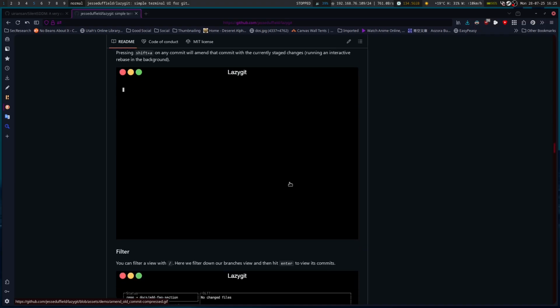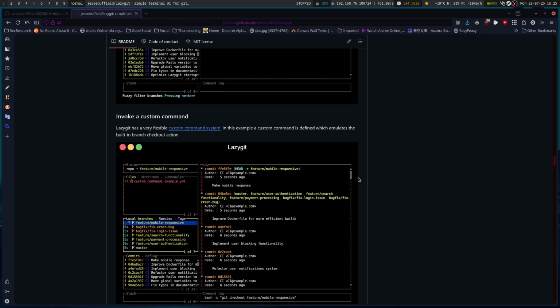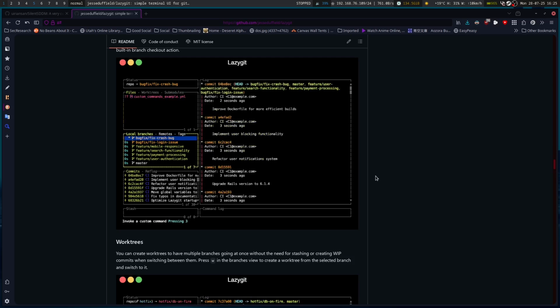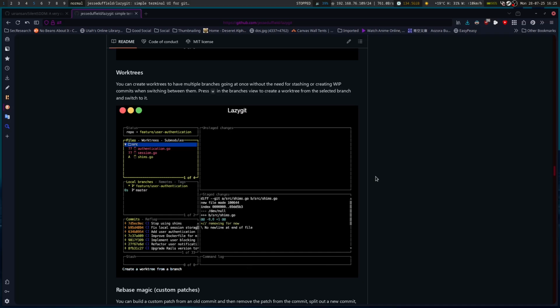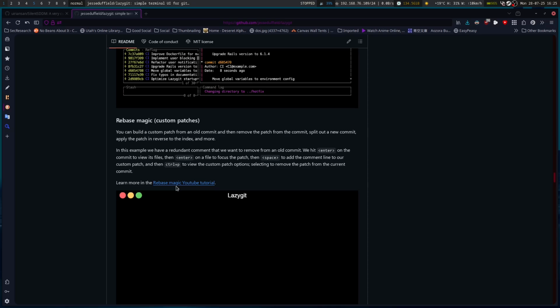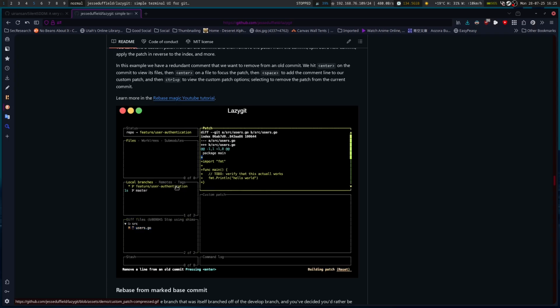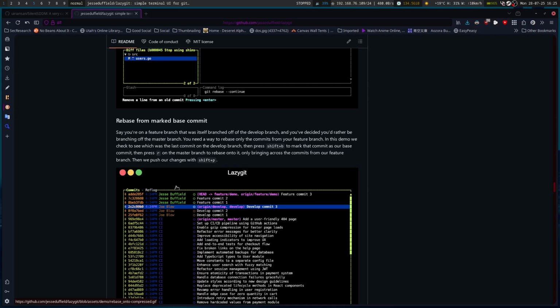So you can amend old commits, you can filter view. Let's see, invoke a custom command. Let's see, work trees. Look, so you can go through branches as well in remotes, tags, what have you. Go back to those, back and forward, rebase magic, custom patches. So this means, I'd have to open it up to see, but rebase from marked base commit,